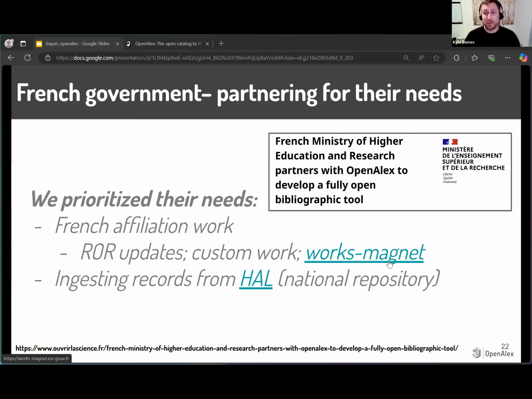It's being used everywhere, which is really great. But their records aren't getting into Crossref and DataCite and all of these other repositories. So we worked with them to use HAL as a trusted source of information for OpenAlex so that when something new comes into HAL, it pushes to OpenAlex. And so this is the type of collaboration we can do at the scale of a country, a government, even with institutions. If they tell us we need this, we try and do that so that they can, whatever their needs are, respond to open science.